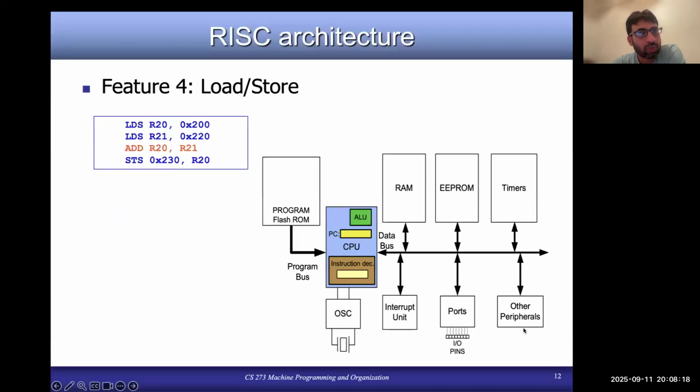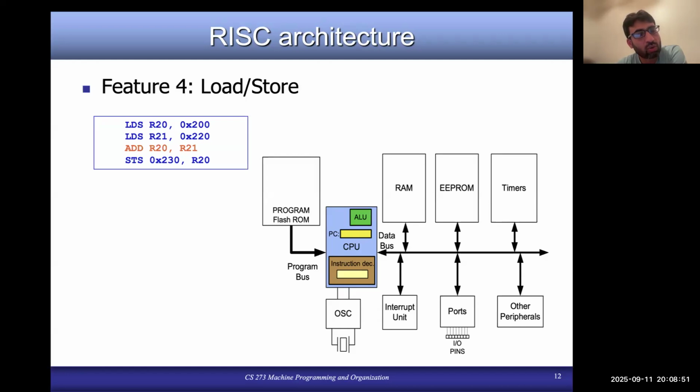Okay, so RISC architecture, again, our AVR is a RISC architecture. It is a load store architecture. What is the meaning of load store architecture? Load store architecture basically means, I will explain this example on the left, but let me first tell you what a load store architecture is. It is a design where data can be brought from the memory into the CPU only through the load instruction,